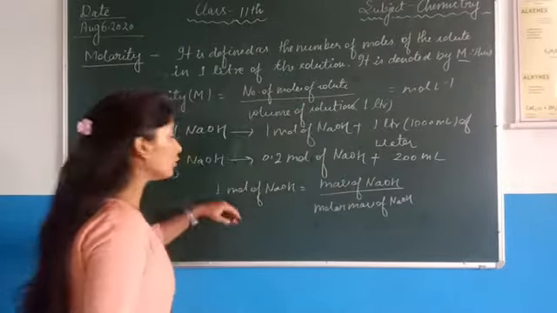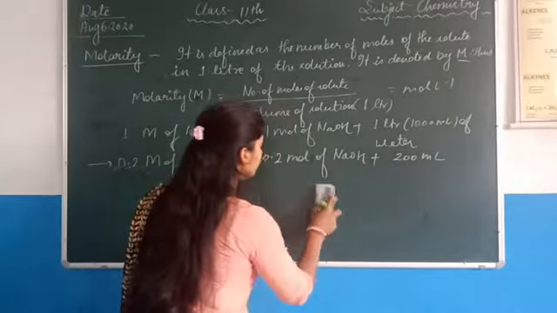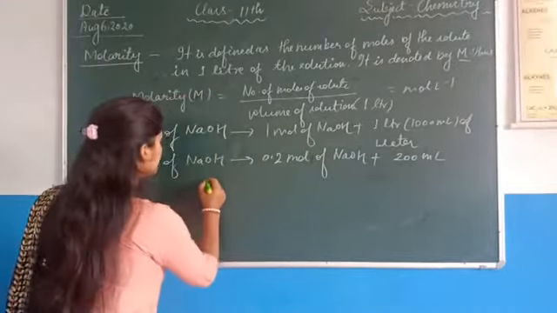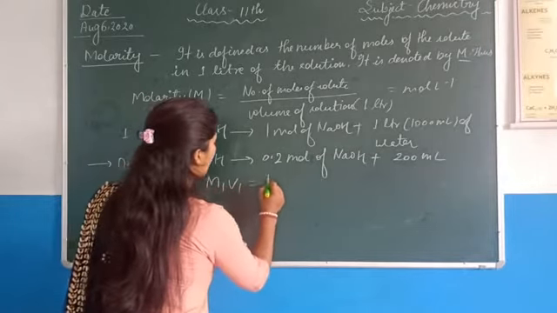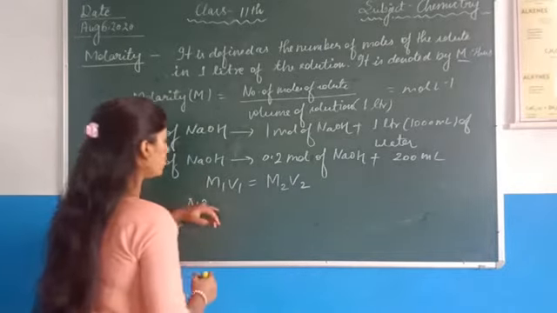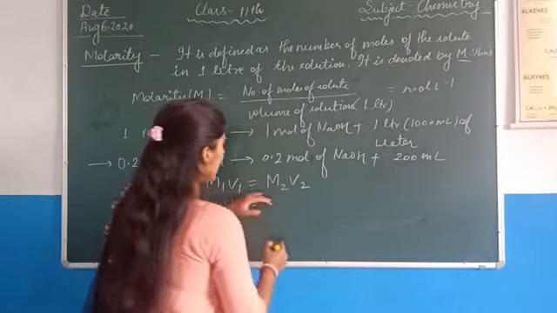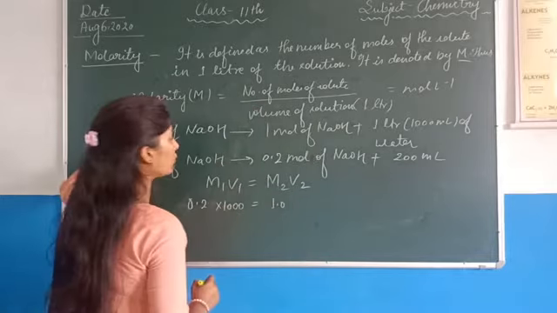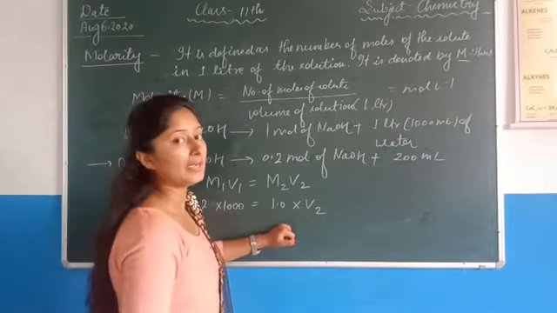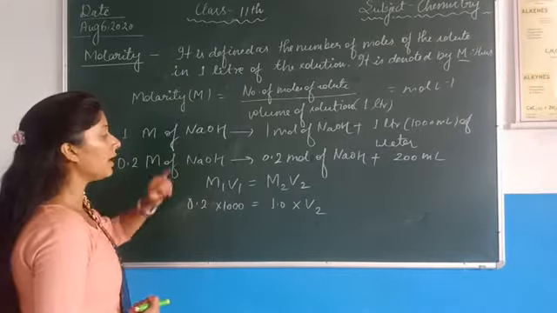ओके, सो मोल्स तो हम इस फॉर्मूले से अप्लाई करेंगे और हमें मोल्स मिल जाएंगे सोडियम हाइड्रोक्साइड के. देन वी हैव टू फाइंड आउट अमाउंट ऑफ सॉल्वेंट in liter. So by using this formula M1V1 is equals to M2V2. Here M1 is 0.2 moles of sodium hydroxide into 1000 ml of water and M2 is 1.0 mole of sodium hydroxide and V2 is amount of solvent required to prepare 0.2 molarity solution of sodium hydroxide.